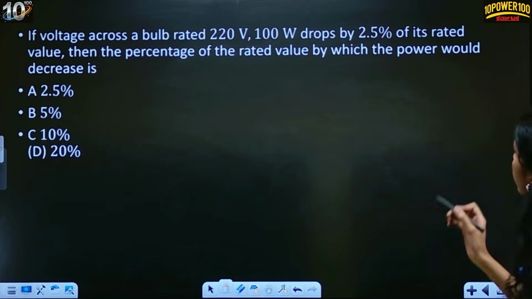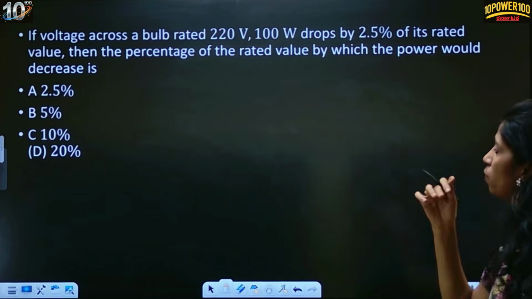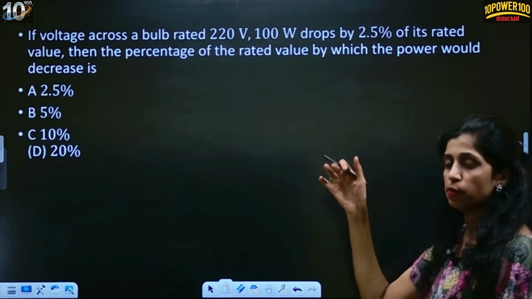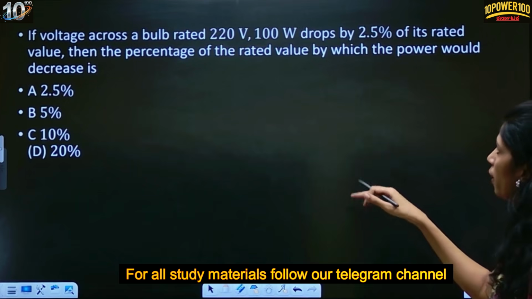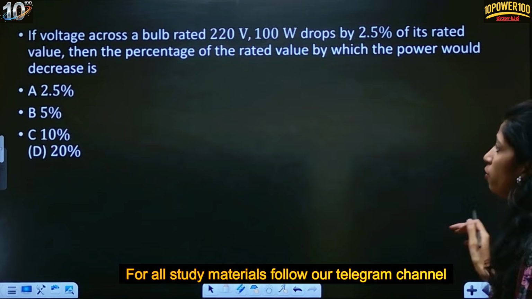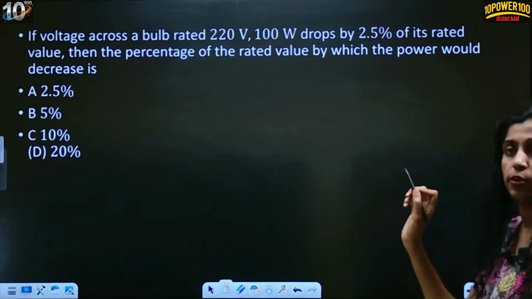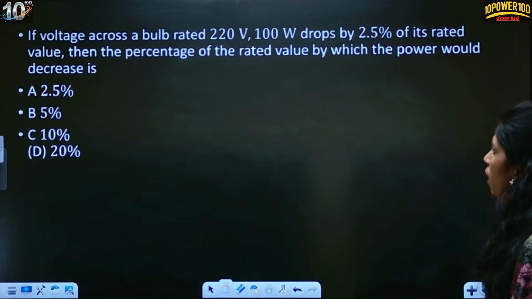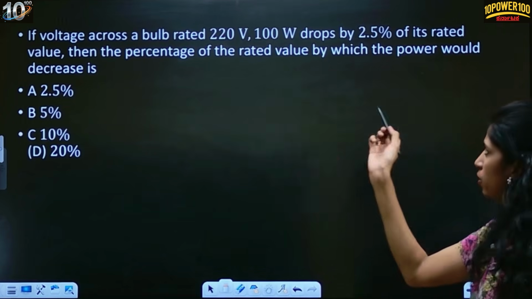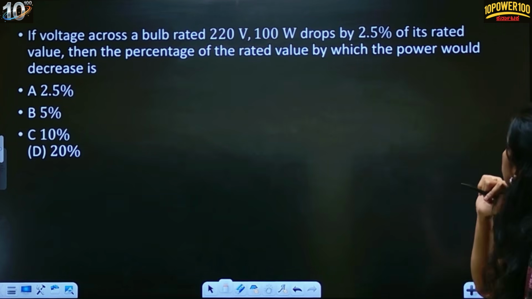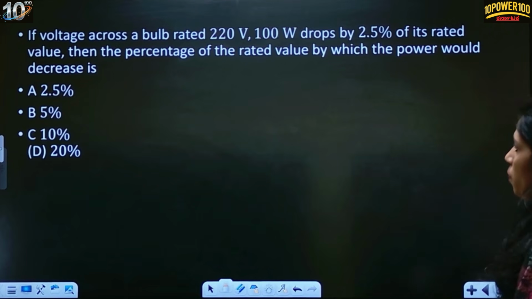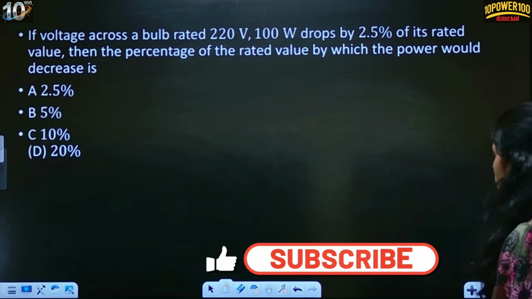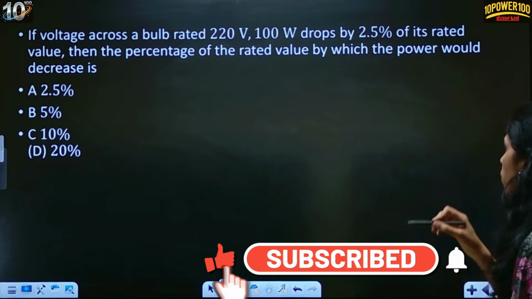Yeah, similarly, like we had done this question previously for voltage and power, P is V square by R. The same approach you apply over here. So please try to do this. Let's see how much you'll be able to get this answer. You will be getting something around 2.5% it drops, right? So what is the percentage by which the power would decrease? I think you will be getting 2.5% itself.